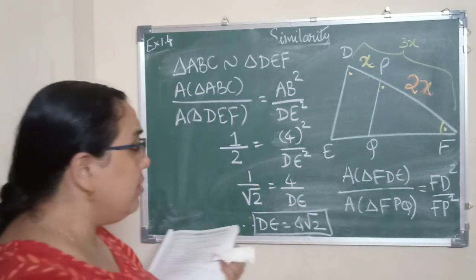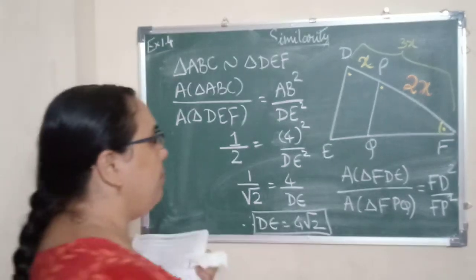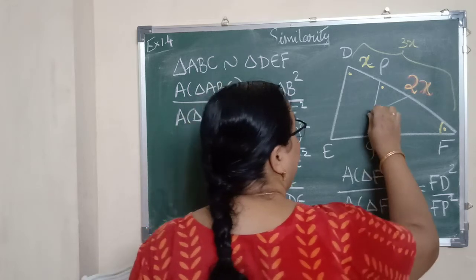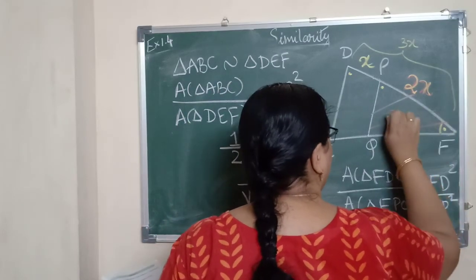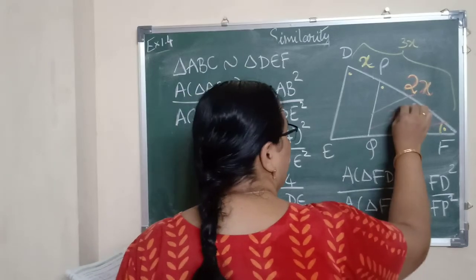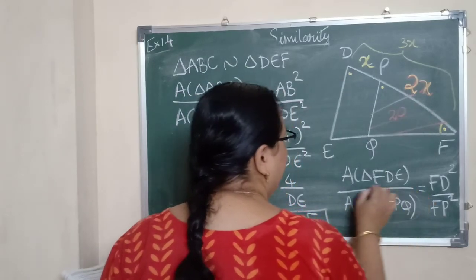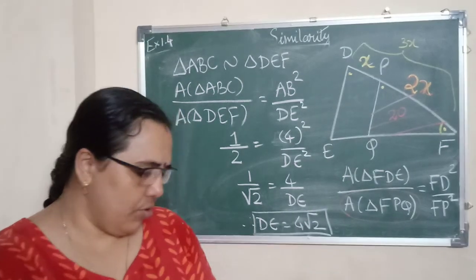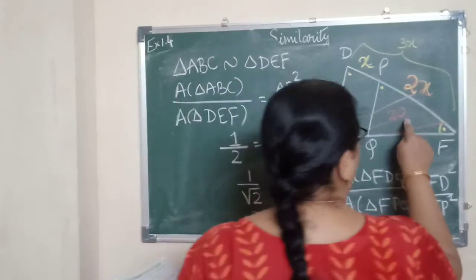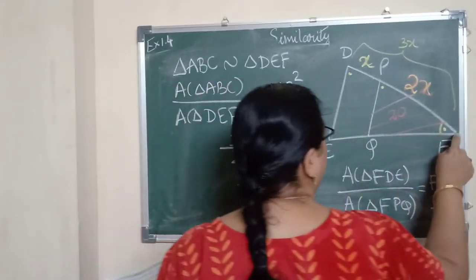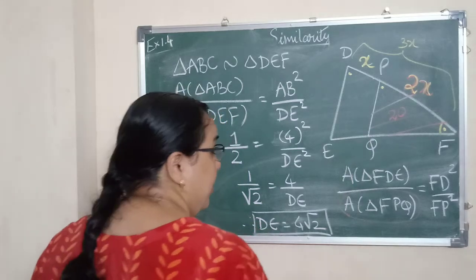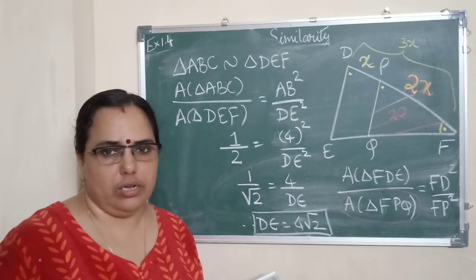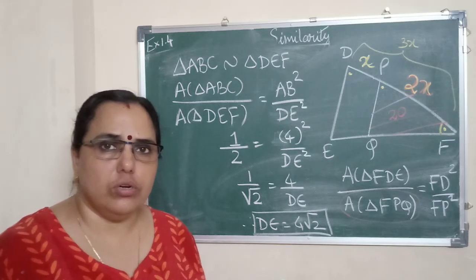Got it? And in this we have already seen that the area of PQF is given as how much? Yes, this area is given as 20. So FPQ is given as 20. So can you find FDE? Yes, possible. So cross multiply and you can find this area. From the smaller triangle you get the area of the bigger triangle. Once you get the bigger triangle you can find the quadrilateral by subtracting the smaller triangle from the bigger triangle. Is that very clear? Understood? Okay.